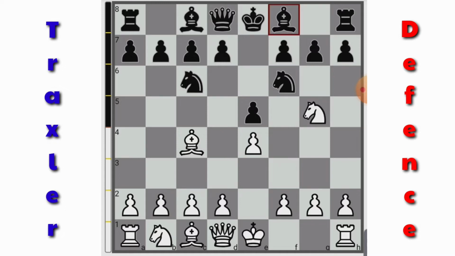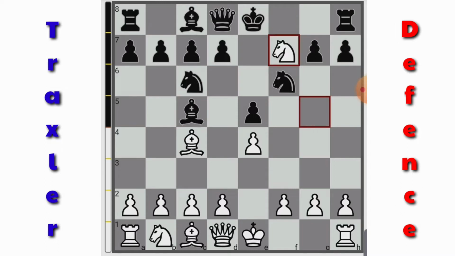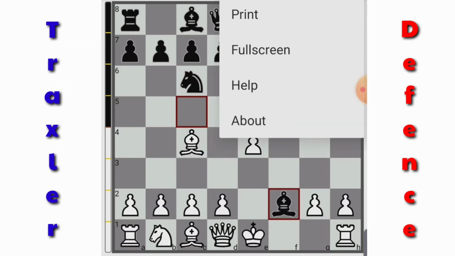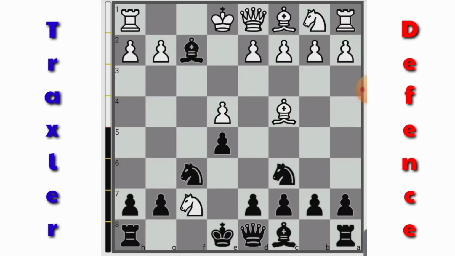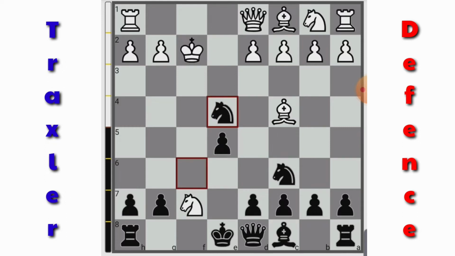Alright, when bishop plays to c5, standard opening for Traxler is knight takes f7, and our bishop will reply with taking f2. Alright, let's just flip the board around so it's on our side. As you can see here, bishop takes f2, check, king takes f2, and this is where I'm talking about with the new variations of knight taking e4, check. Alright, knight takes e4, king g1,